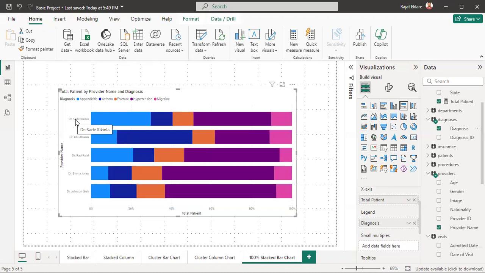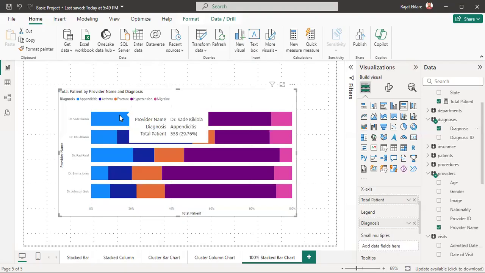Now, each bar gets split into five different diagnoses. The first one is appendicitis, second is asthma, third is fracture, fourth is hypertension, and last one is migraine. So if you drag your cursor on this bar, we can directly say that